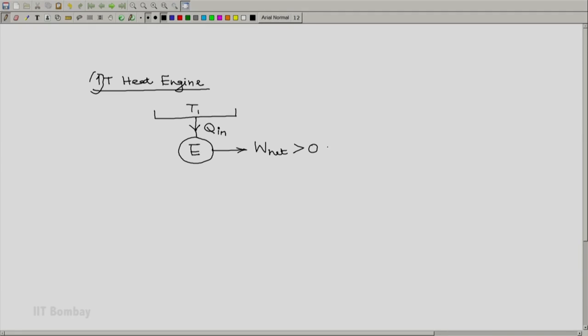Now what is the consequence of this? Because there is only one thermal energy reservoir which just supplies heat to the engine E, the efficiency of this engine, which is defined as W net by heat supplied, where heat supplied by first law will be equal to Q in, and by first law it will be equal to W net. So that means this is going to be equal to 1, and that means such an engine is not possible